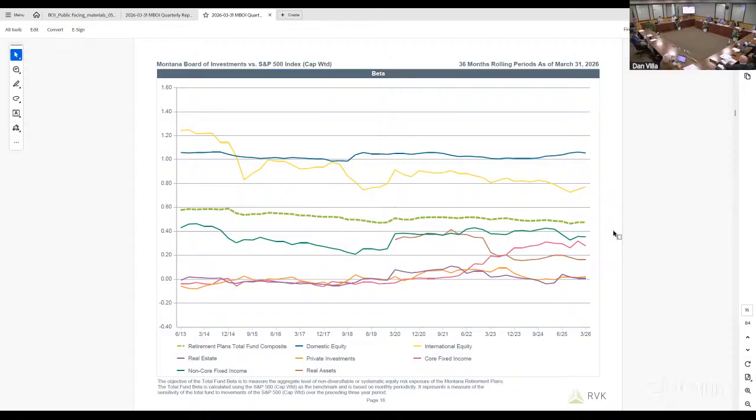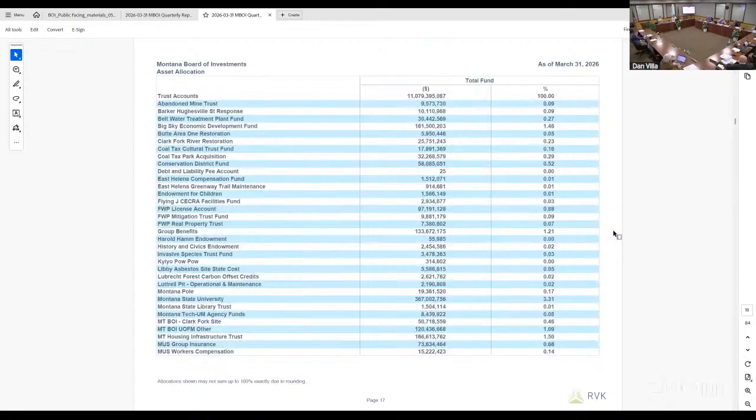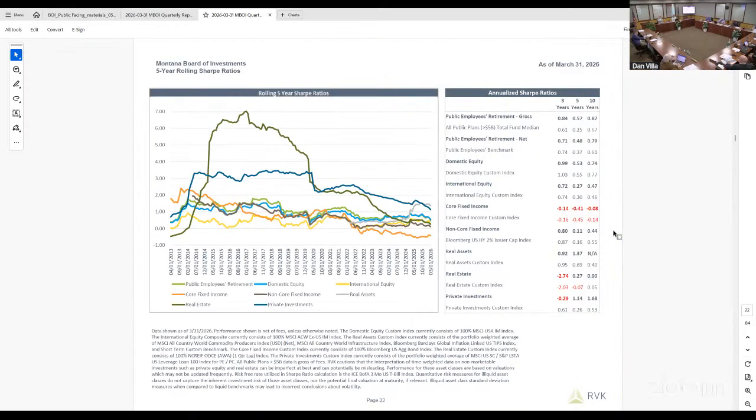I'll have you go ahead and turn to page 22 in the risk report. I'll hit just a couple pages, then I promise I'll be finished and take any remaining questions. Please interrupt me as we go along. We talked a little bit about your Sharpe ratio, your risk-adjusted excess return compared to peers. This is actually showing you what the numbers have been over a long period of time. This is rolling 5-year Sharpe ratios.